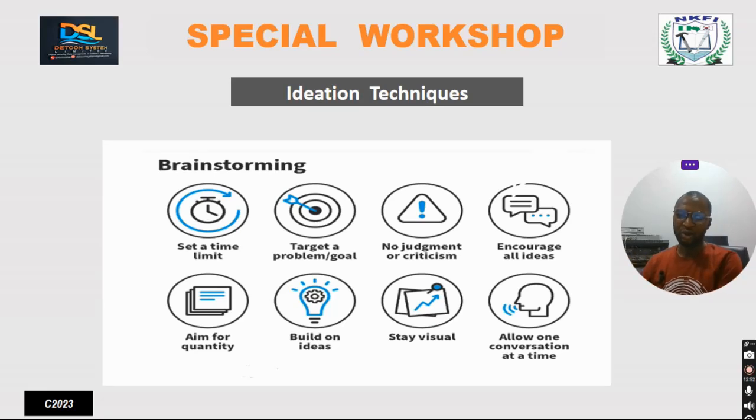This product is already in existence. You've seen their quality, so how are you going to leverage on that, take advantage of that, to increase your quality or your style and all of that? Did you understand? Now, you build on this idea, several ideas in your head, and you categorize or group them one after the other. Then you stay visual. What is meant by staying visual is you have to start demonstrating them on paper.